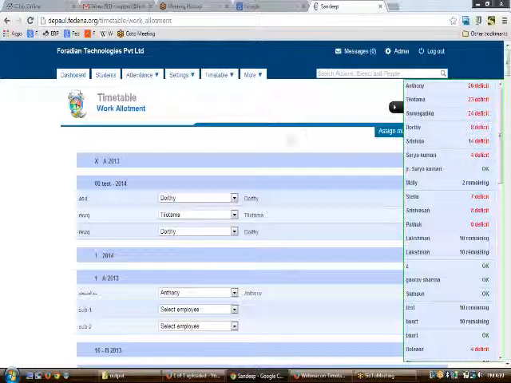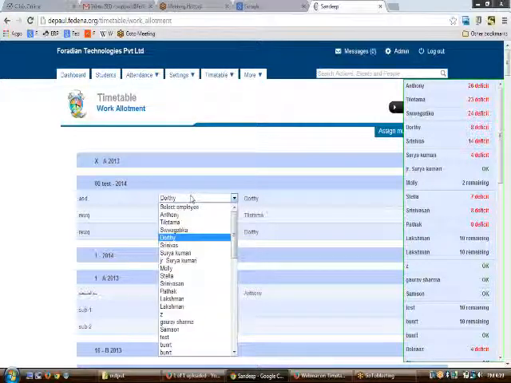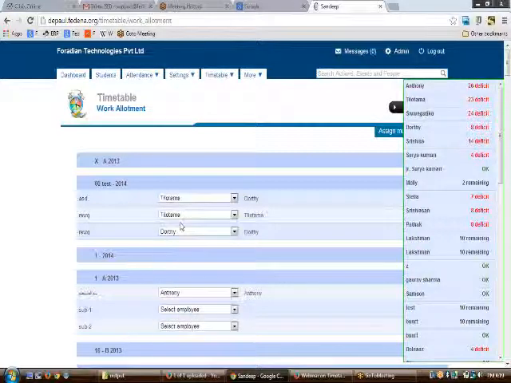So in this work allotment part, we are assigning, let us say, Tilotama ma'am for the subject AST for the batch 2014.